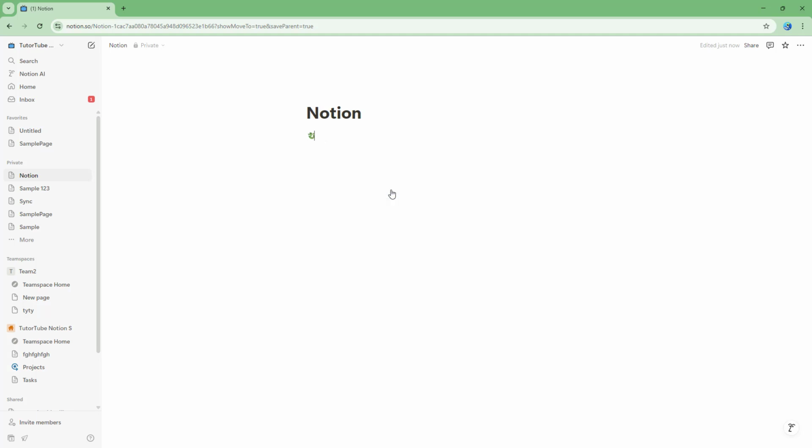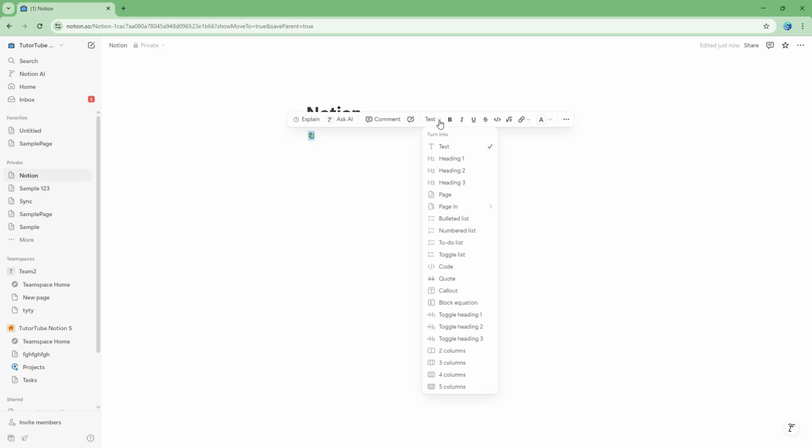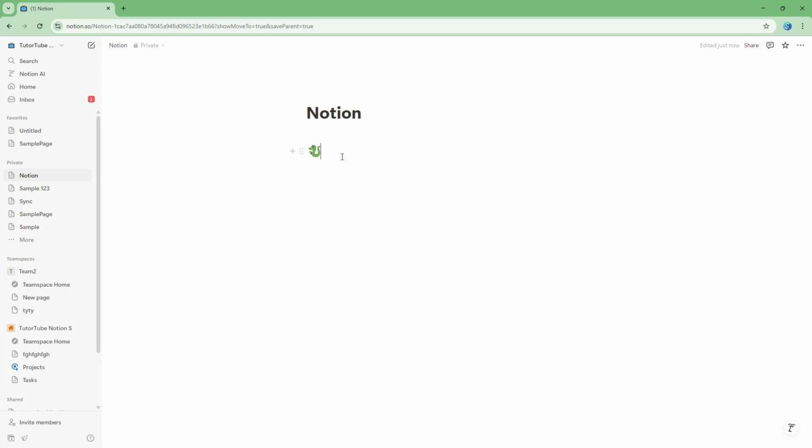You can choose this emoji, and this is simply what you have, and it is in the text format, as you can see right here, just like this. You can also select this, let's say for example, and change the size of it as well. So let's just go right here and change from text to, let's say, heading 1, and the size of